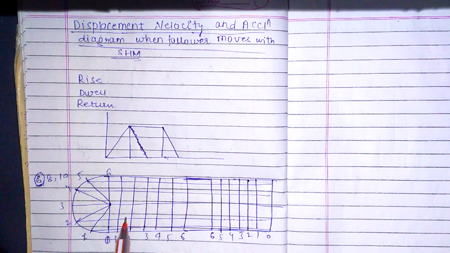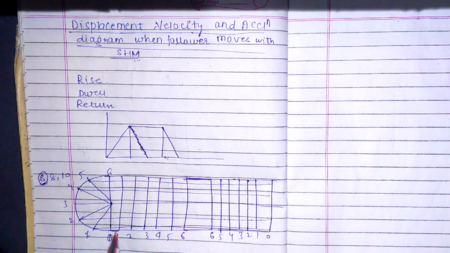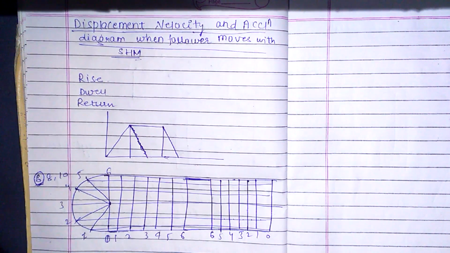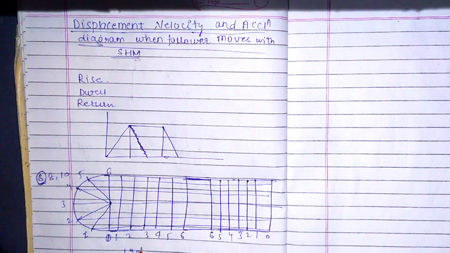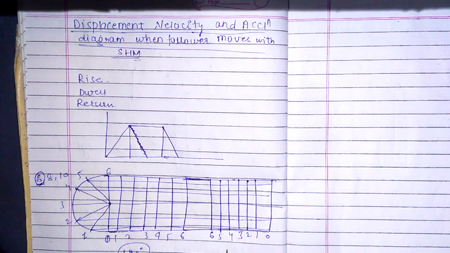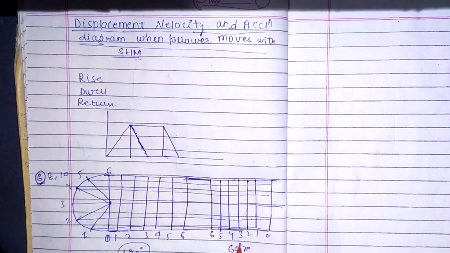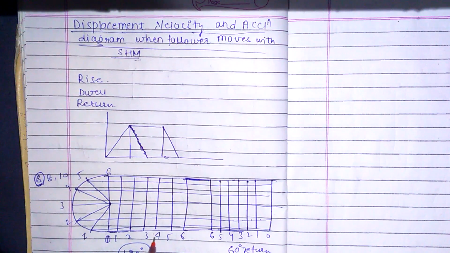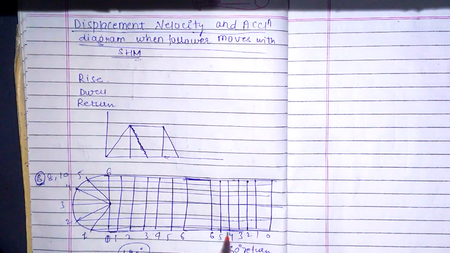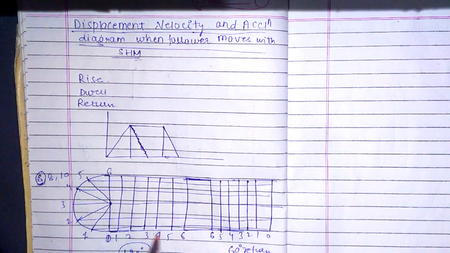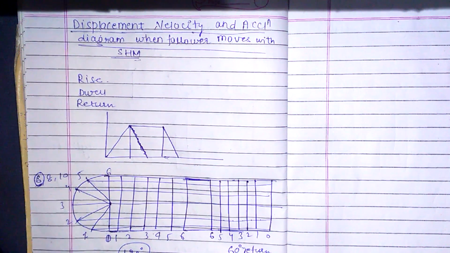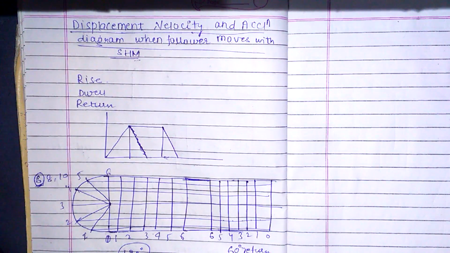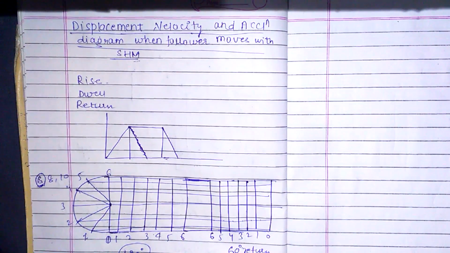Now while doing the numerical, it is important that we mark out how much length we have to take in the rise and how much in the return, because if it is given as 120 degree rise and 60 degree return, the length and the numbers are the same, 6 and 6 over here, but how much length will we take? So let us say that we are taking 1 centimeter for each of the 6 parts. So 1 centimeter equal to 20 degrees.